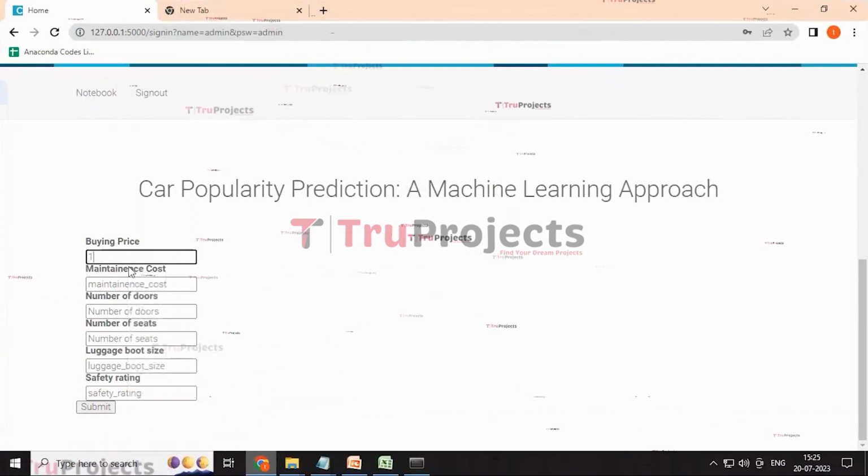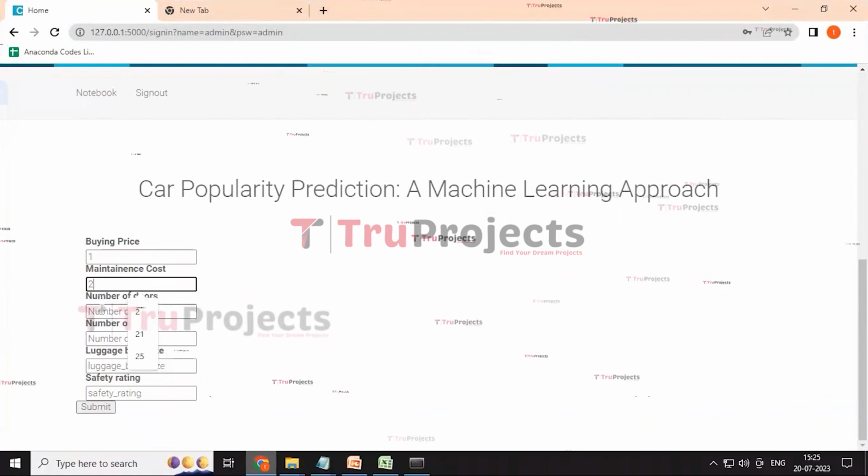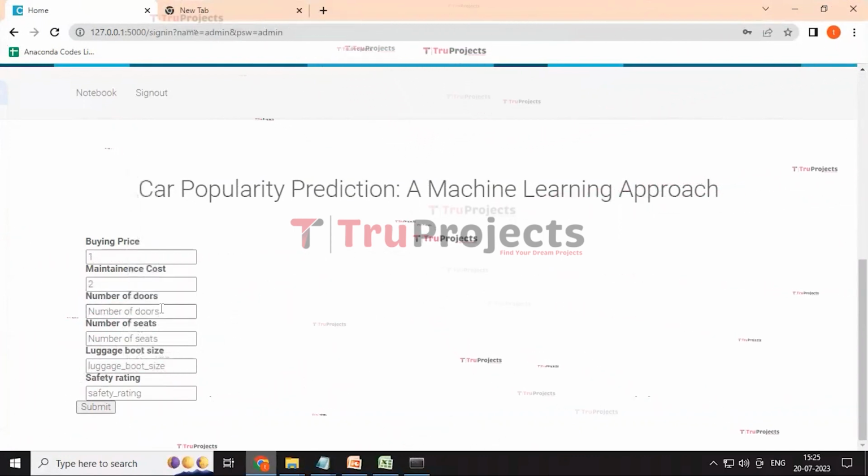On that choice, I am entering 1, and in the same way for the maintenance cost too, with a rating from 1 to 5, and we need to enter based on that.